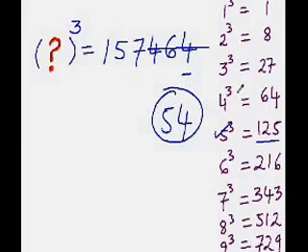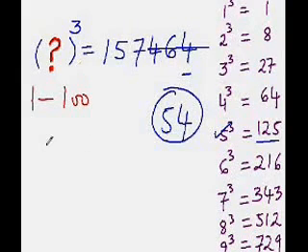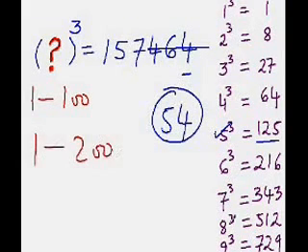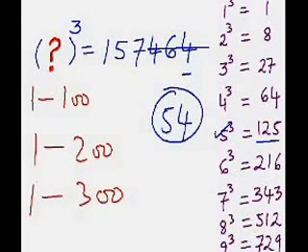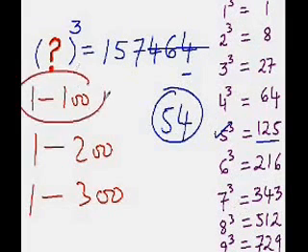But before you do that, please memorize the cubes of all the numbers from 1 to 10. And now you have a good reason to do so, isn't it? If you know the cubes of the numbers from 1 to 10, you can very easily find out the cube roots of any number whose value lies between 1 to 100. And if you know the cubes of numbers from 1 to 20, you can take that to 1 to 200. So on and so forth. If you know till 30, then it will go from 1 to 300. But for all practical purposes, knowing the cubes of numbers from 1 to 10 is good enough.